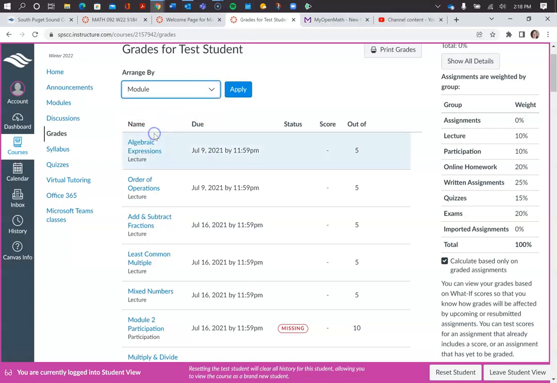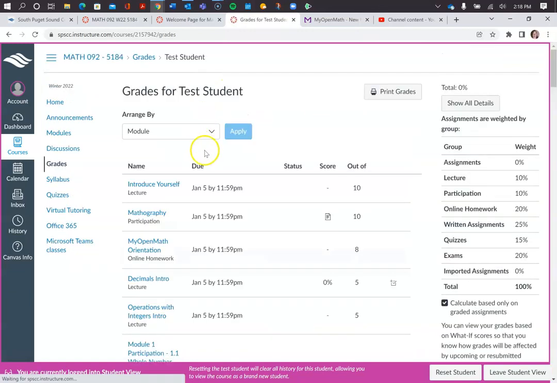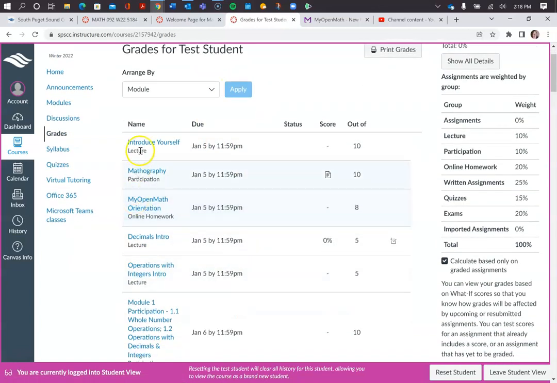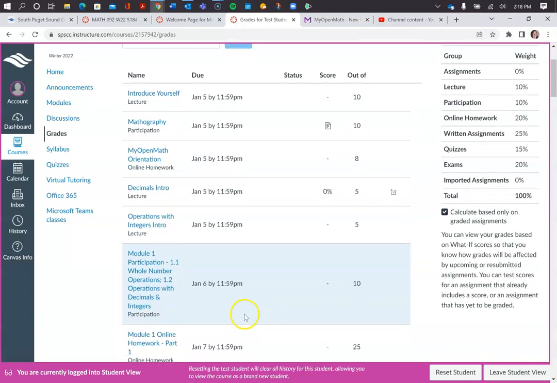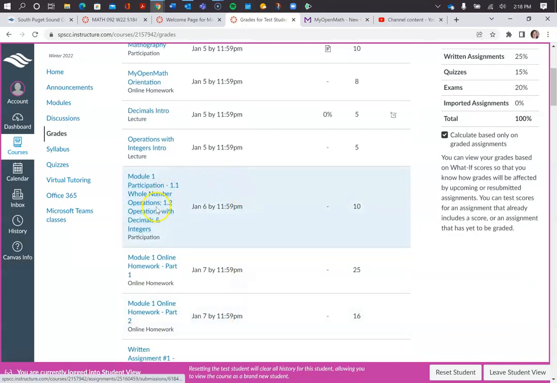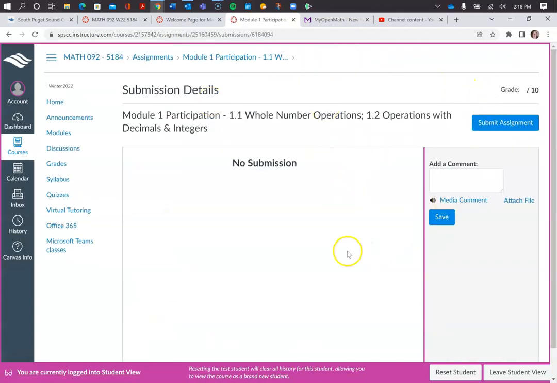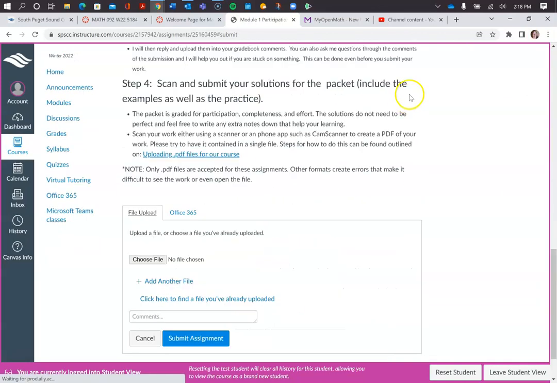I'm just going to choose to arrange my gradebook by module. You can arrange it however works for you, but I know this matches my module, so it's easier for me to find things. And then here's the participation. I can access my gradebook for that. I can read comments from my instructor, but I can also add a comment. And you could say something like, this would be after you submitted your work, so kind of ignore this. Your work would be submitted. You'd submit the assignment if you hadn't already.